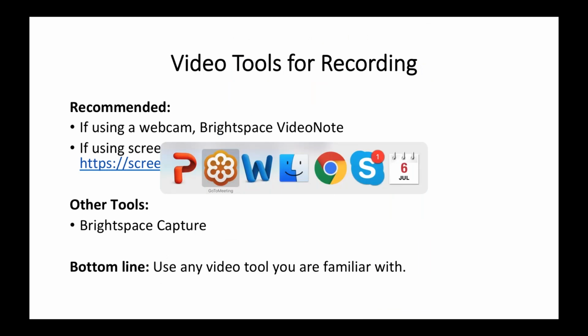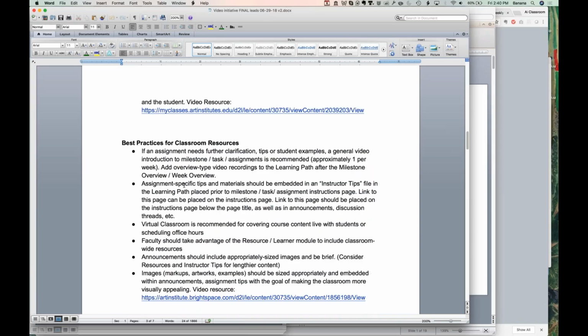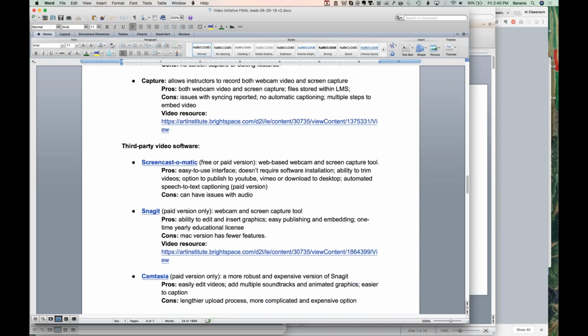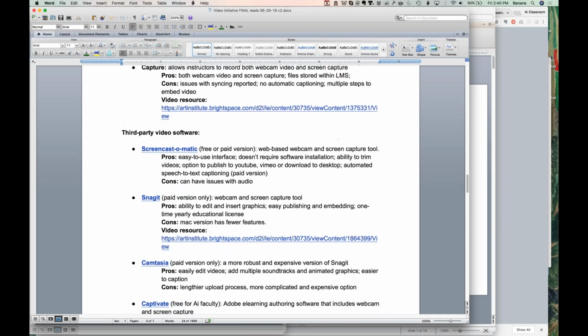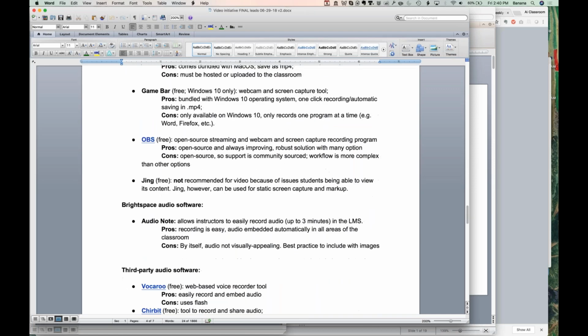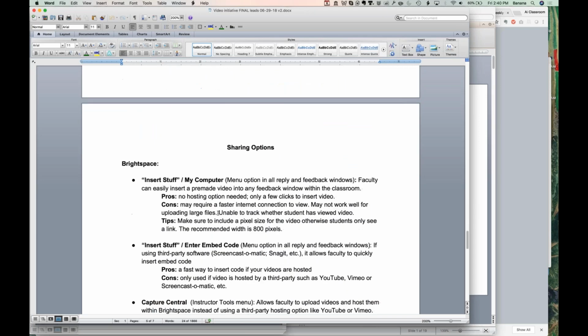So now kind of getting down to practical tools here. In the Word document that we started with, there's a whole list of recording options, including what's in Brightspace, third-party video software, audio software, and then how to share your videos.